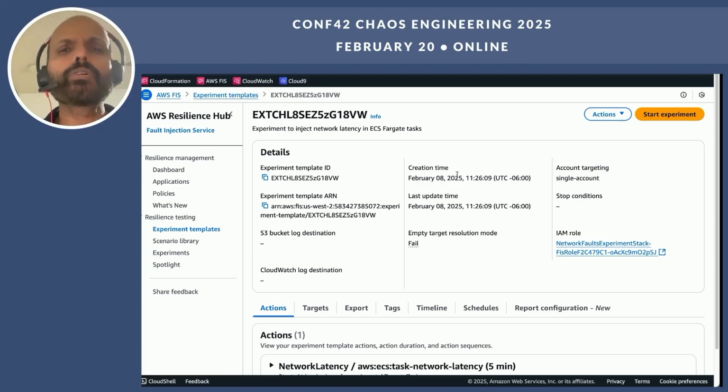So the latency would bump up, but it's going to be well within the thresholds that we have defined for our application. Let's see if that hypothesis is going to hold true by running this experiment.